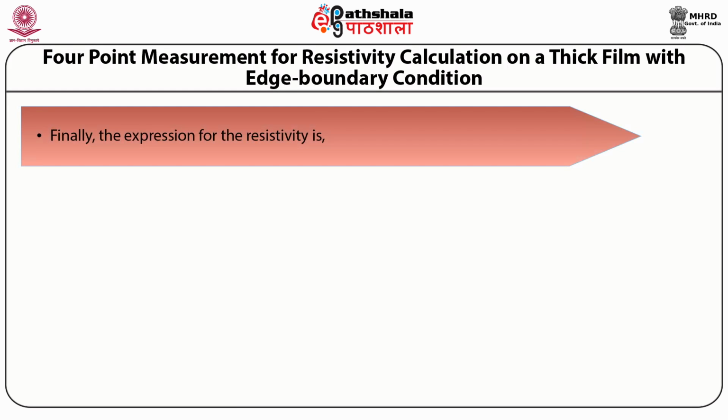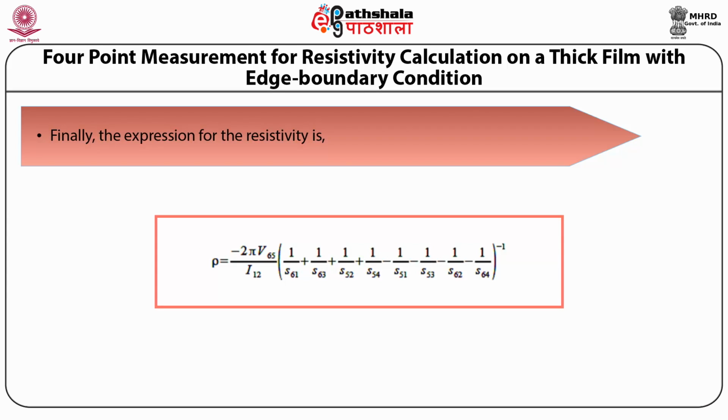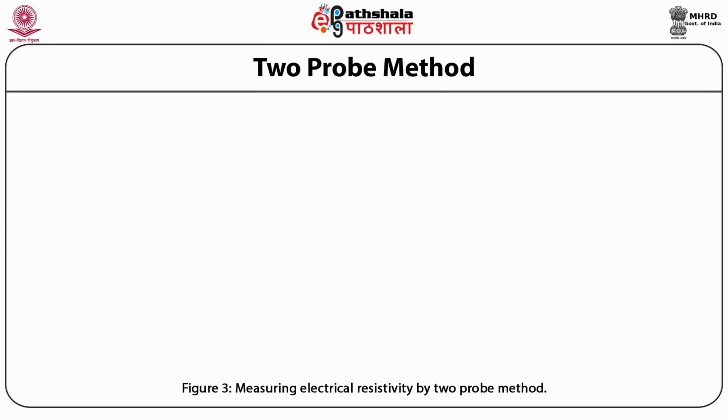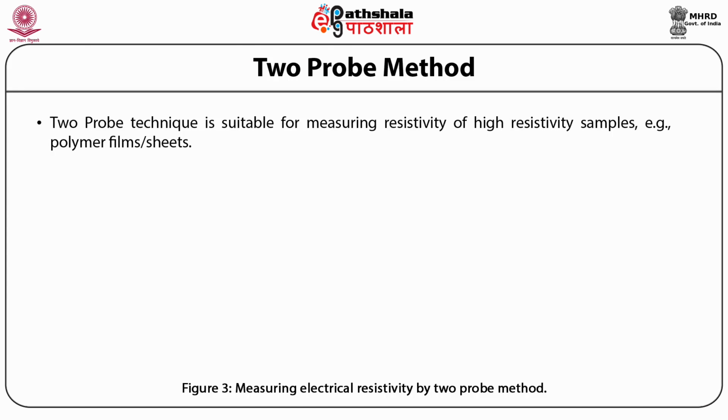Finally, the expression for resistivity is rho equals minus 2 pi V65 divided by I12, into 1 divided by S61 plus 1 divided by S63 plus 1 divided by S52 plus 1 divided by S54 minus 1 divided by S51 minus 1 divided by S53 minus 1 divided by S62 minus 1 divided by S64, whole raised to power minus 1. Two-probe method. The two-probe method technique is suitable for measuring resistivity of high resistivity samples, for example polymer